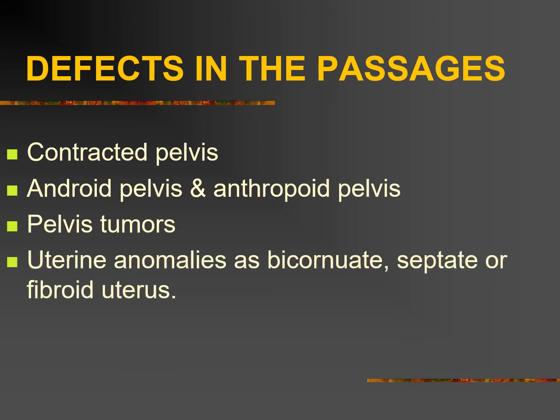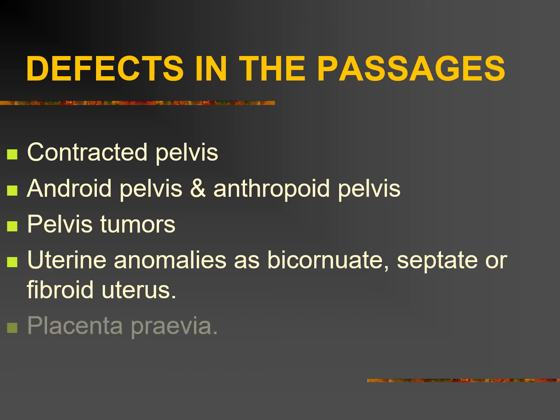And uterine abnormalities such as bicornuate uterus, septate uterus, or fibroid uterus. Here also it is the same. If these abnormalities are there, uterine contractions will not occur properly and will not direct the baby into the birth canal. And another thing, if the fibroid is in the lower segment, because of that obstruction, the baby may adopt another position, or sometimes that may lead to deflection of the baby. That may not give proper flexion.